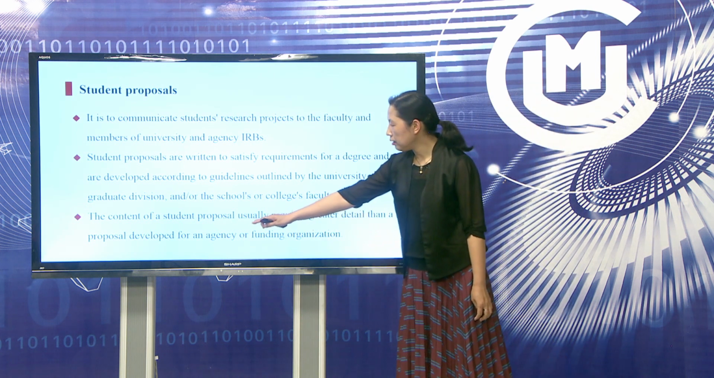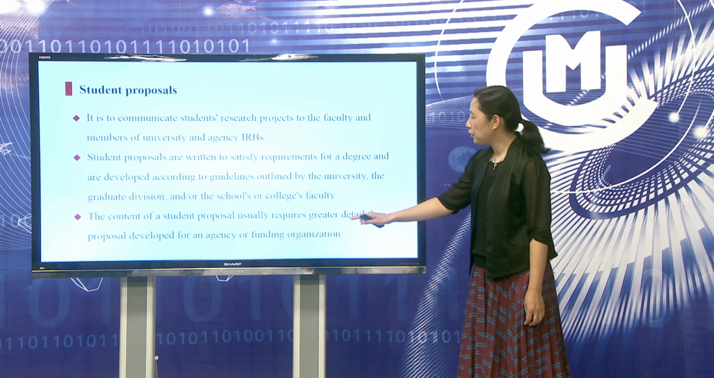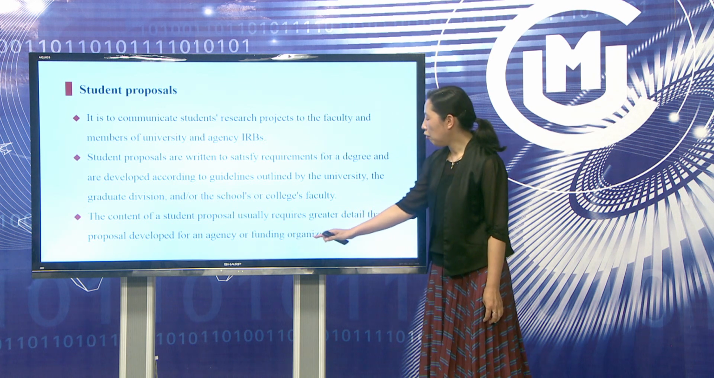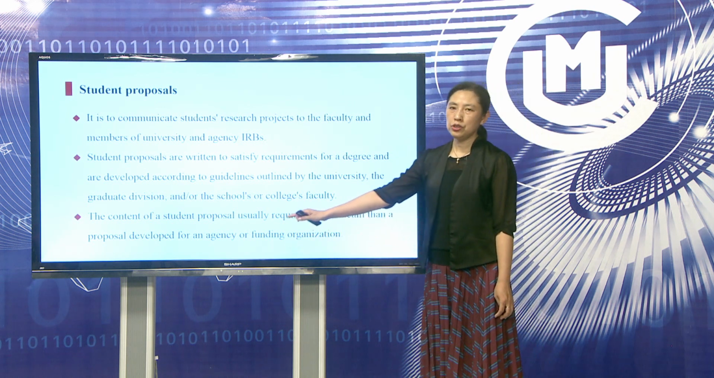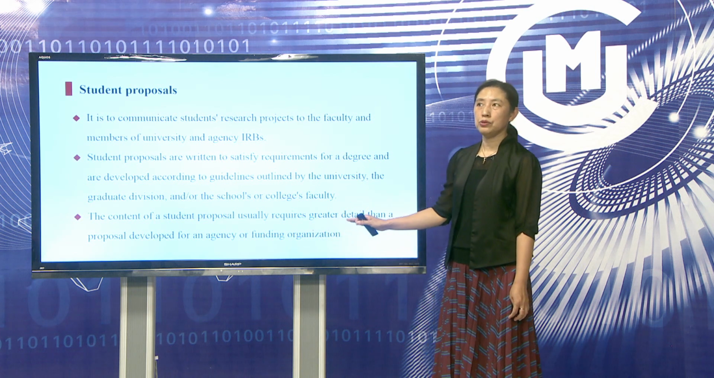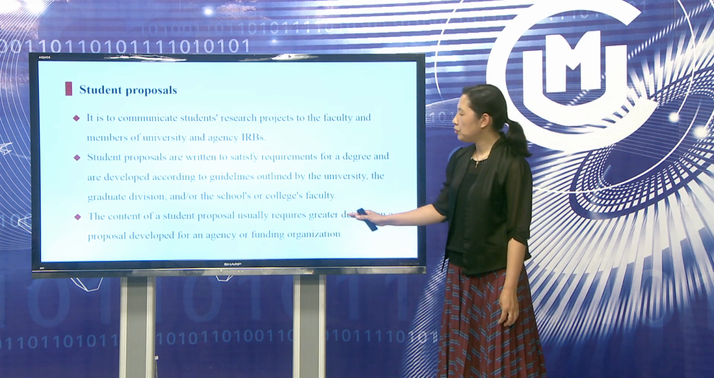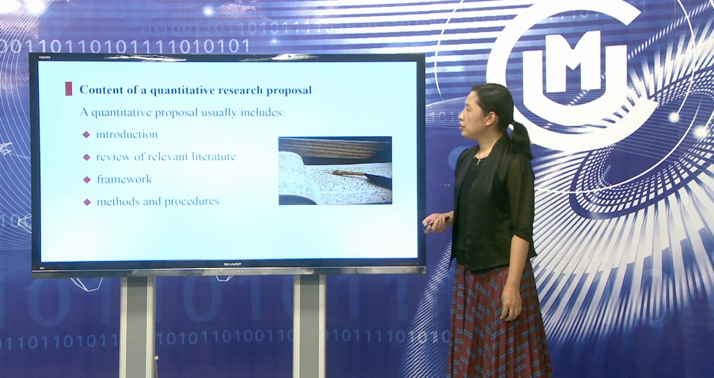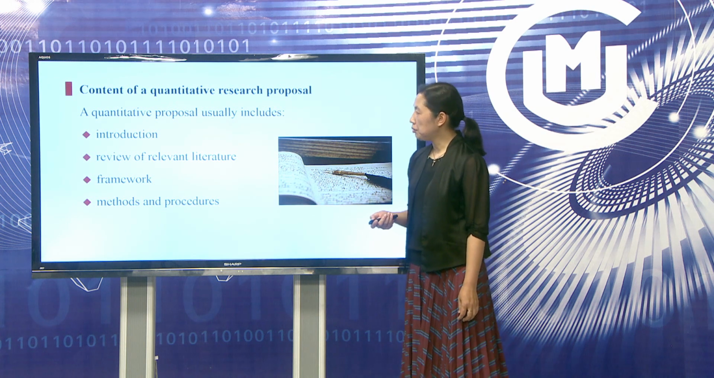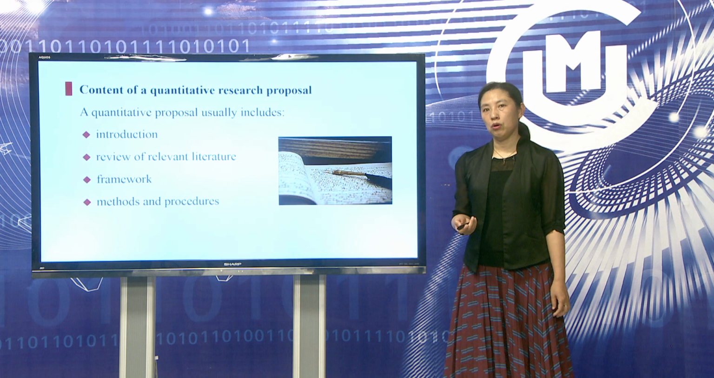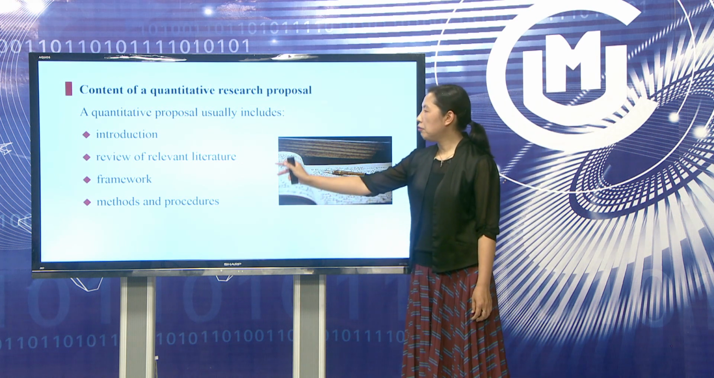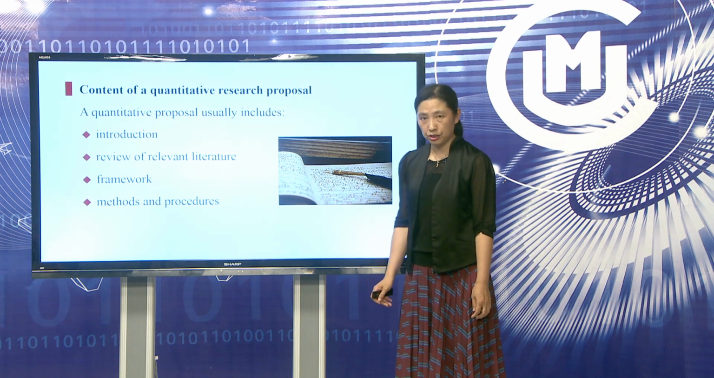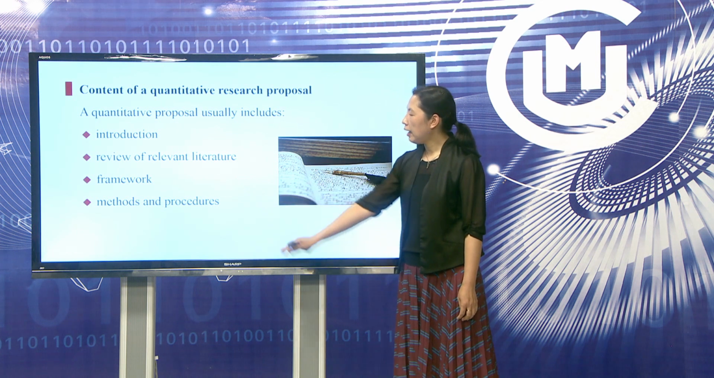And also the content of a student proposal usually requires greater detail than a proposal developed for an agency or funding organization. So usually for students, we use 2-3 chapters, or maybe 4 chapters, to write down the proposal. And usually a quantitative research proposal, as a student proposal, includes several parts. The first one is the introduction, and then review of relevant literature, and then your framework, and the methods and